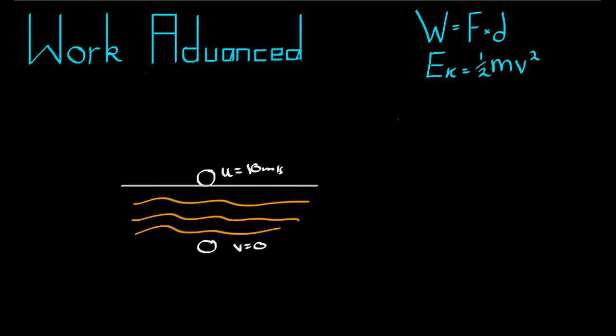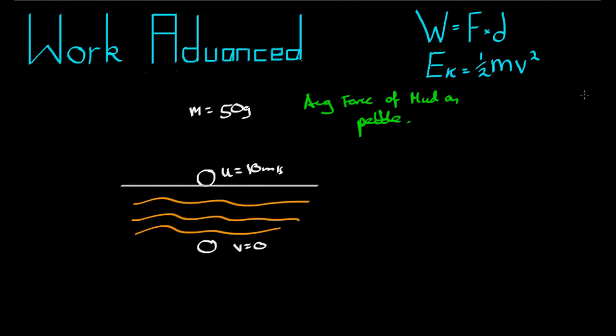The rock, or pebble, we'll say has a mass of 0.05 kilograms or 50 grams. And what we want to find is the average force of the mud on the pebble, mud on the pebble, because that is what is actually bringing the pebble to a stop. So first of all, let's look at the amount of work, the net work that's been done on